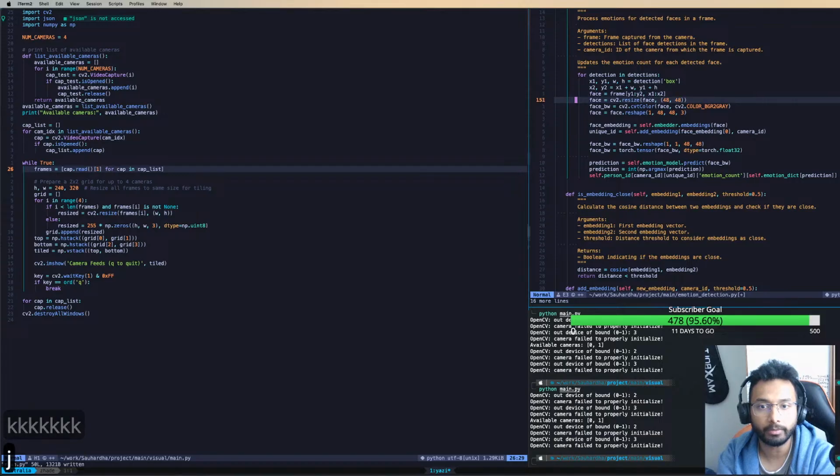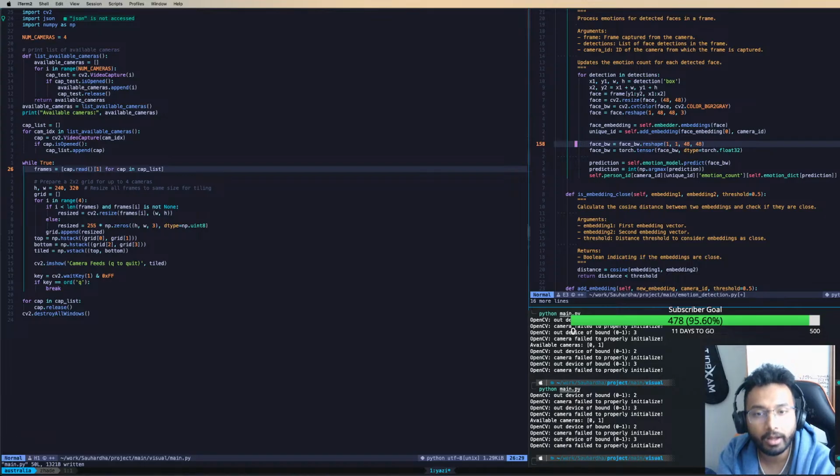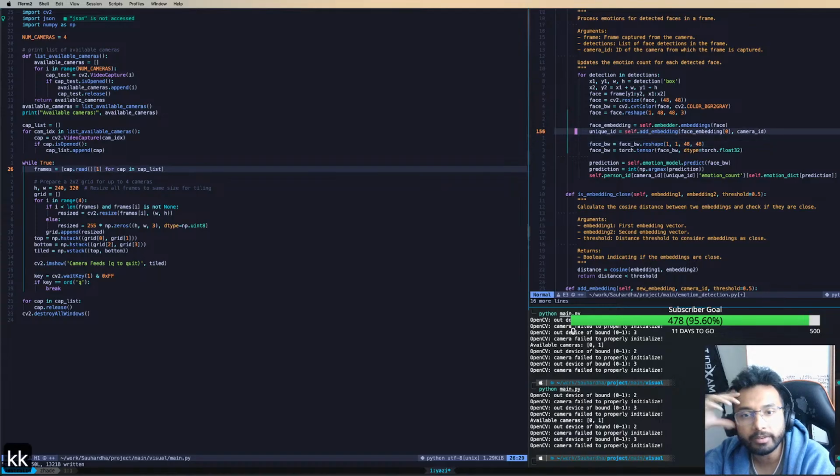So it finds it, converts the color, resize, reshapes. This is redundant because if I do